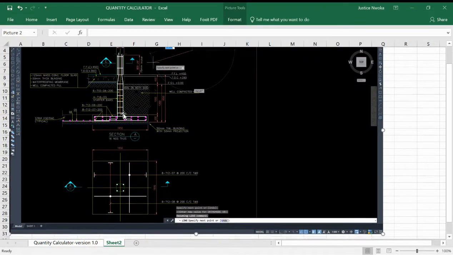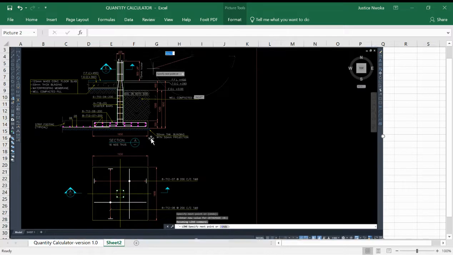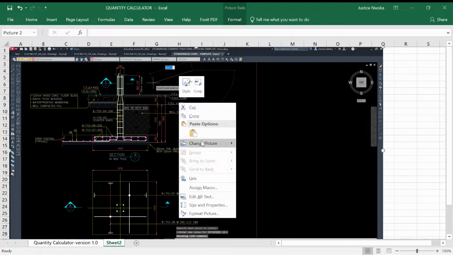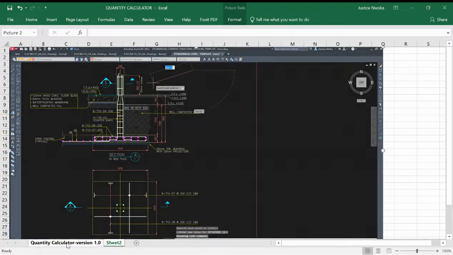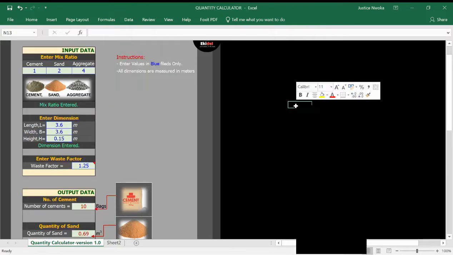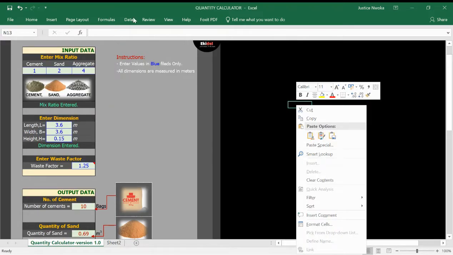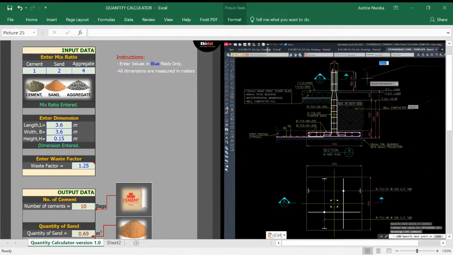We will have to know the quantity of bags of cement, the quantity of sand, and the quantity of aggregate or chippings that will be used to cast this foundation base. So right now, let's copy this, go over to where we have our software, and paste it here. Now, this software is already programmed to be locked. If you can see that,